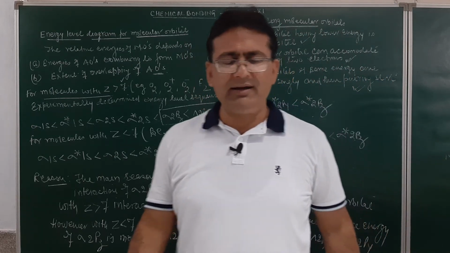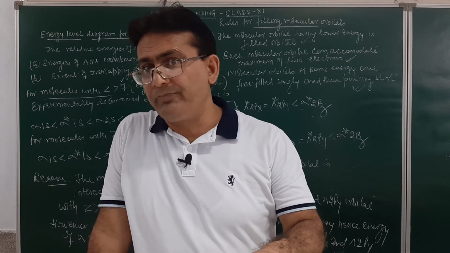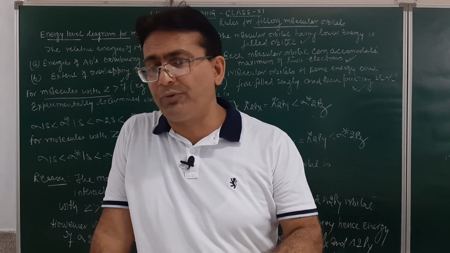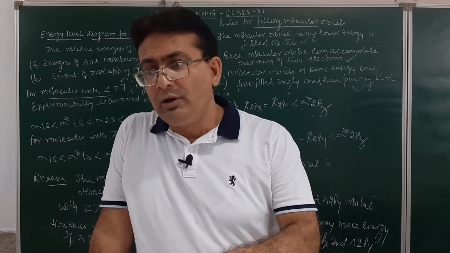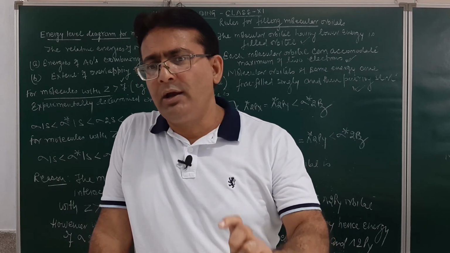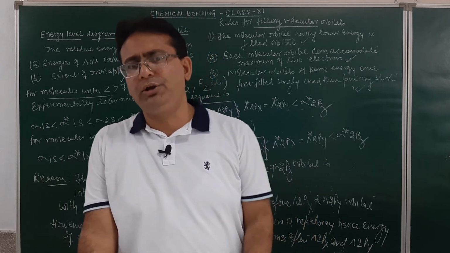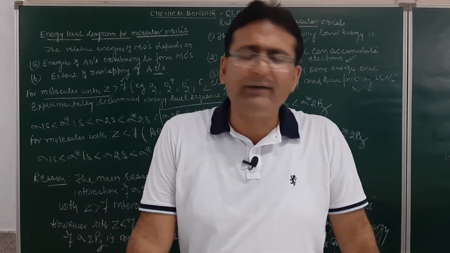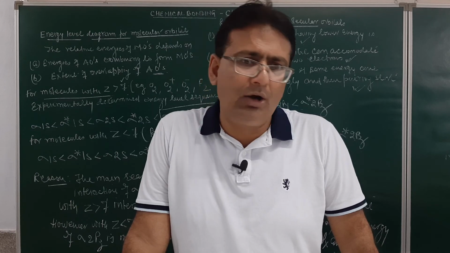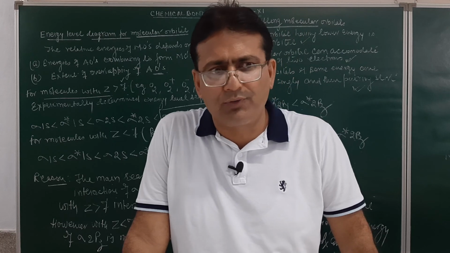I hope you understand what I want to teach you. First of all, atomic orbitals combine to form a molecular orbital. We discussed the formation of molecular orbitals of covalent compounds with the help of the modern concept of covalent bonds and the hybridization concept. Now the molecule is formed. Now we are learning how the electrons are distributed in the molecular orbitals through a theory called molecular orbital theory. With this, students, I am summing up this lecture. In our next lecture, we will learn how to make molecular orbital diagrams and how to arrange the molecules in decreasing or increasing order of stability.